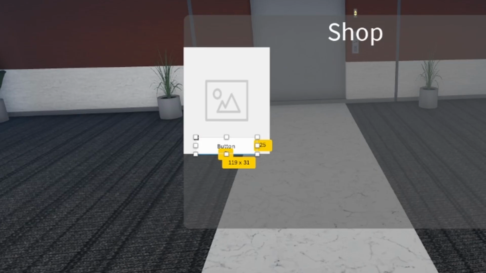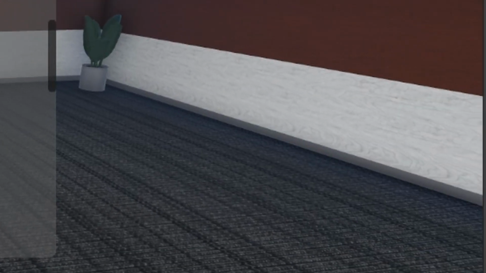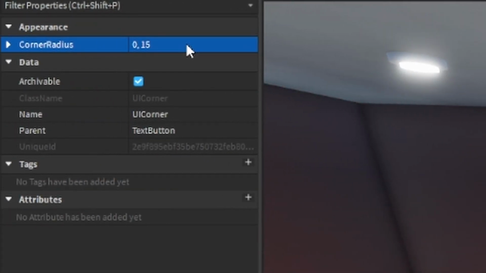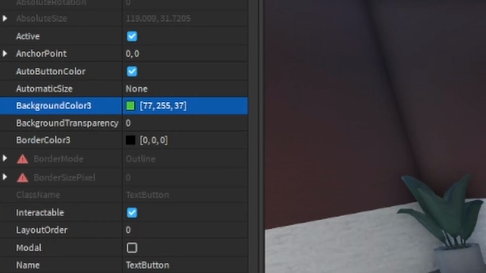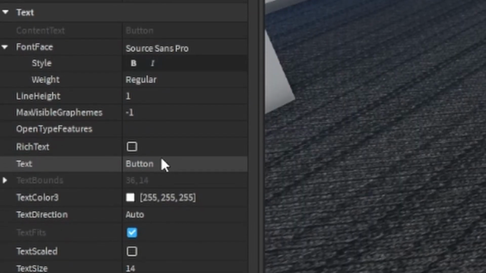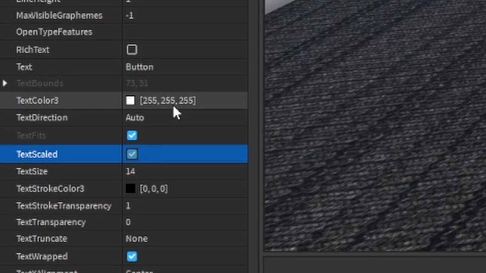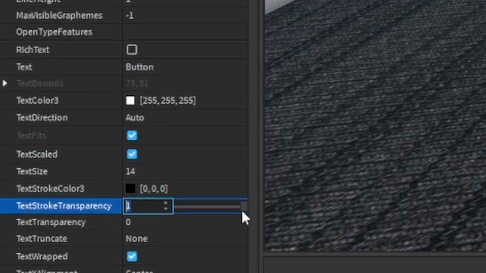Now in the text button, I'm going to add a UI corner, change the radius to about 15. No, change it to about 13. Do 11. I'm going to put the text color to a white, put the background to a green color, and then on the text, add text scaled. Add a little bit of text stroke,